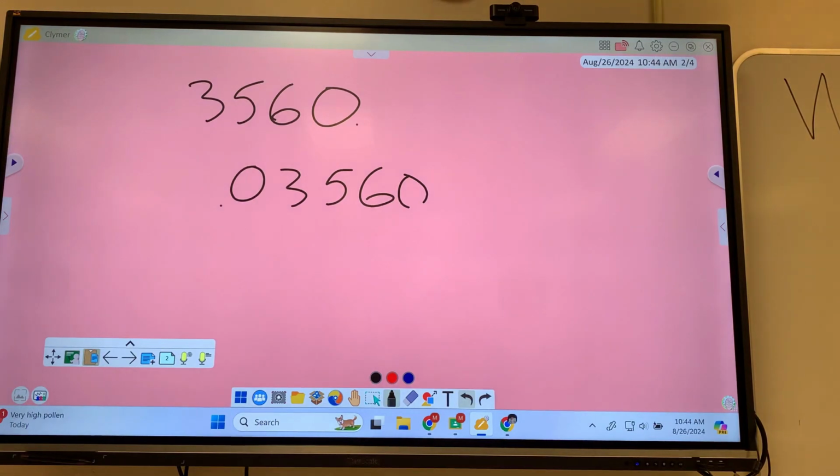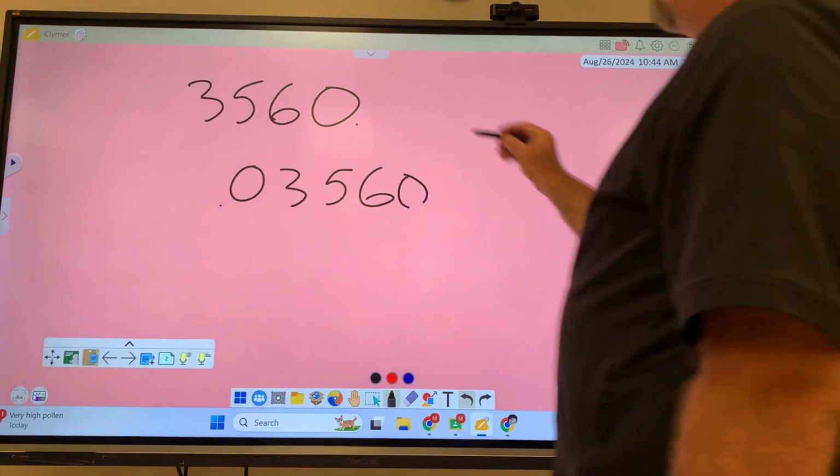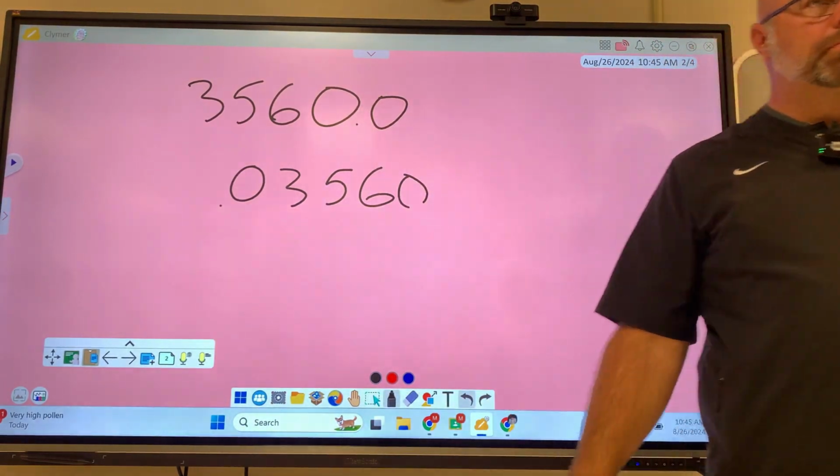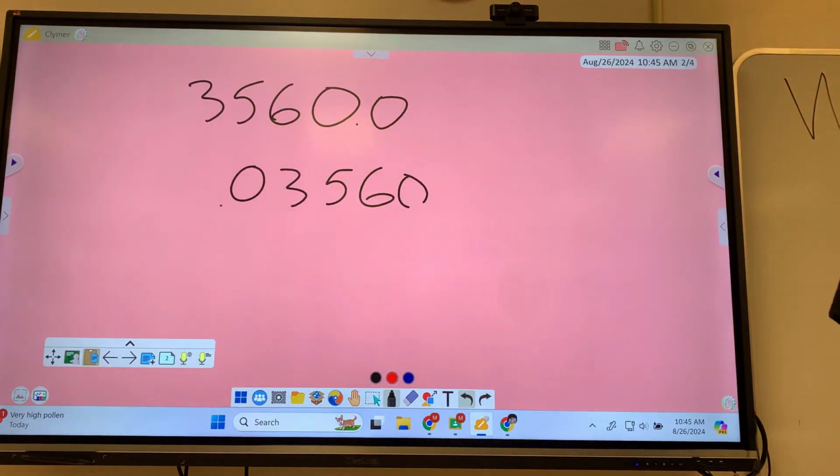now all of a sudden what happened to that top number? Why is that all of a sudden significant? Is that zero still a trailing zero? No. Once you add a decimal, now it's something else. I don't know what you call it, but it's definitely not a trailing zero. Right? If you had another zero for some reason, I don't know. Right? Now neither of these are trailing zeros. You put a decimal point in there, you botched it all up.